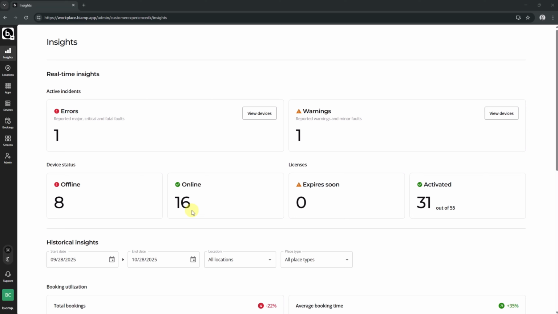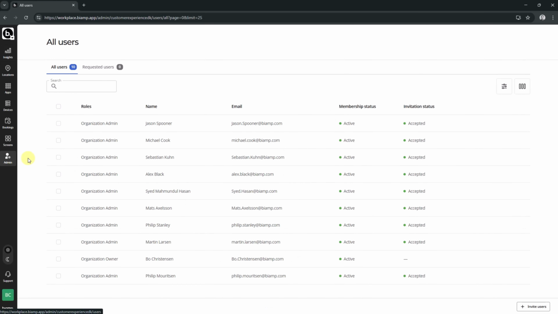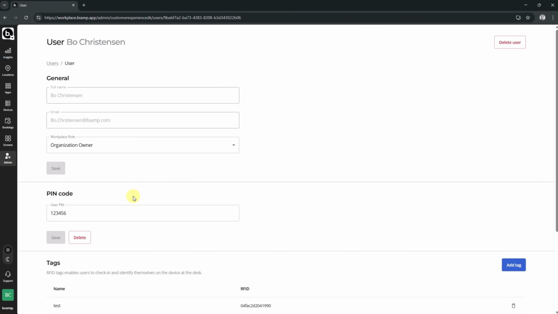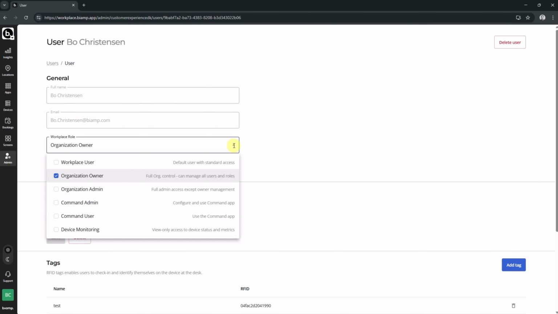In this video, I'm going to show you how to assign multiple roles to a user in Biamp Workplace. Go to the admin section, the users tab, and select the user you want to assign a role to. From the Workplace role menu, you now have an option to select the desired role you want to assign to